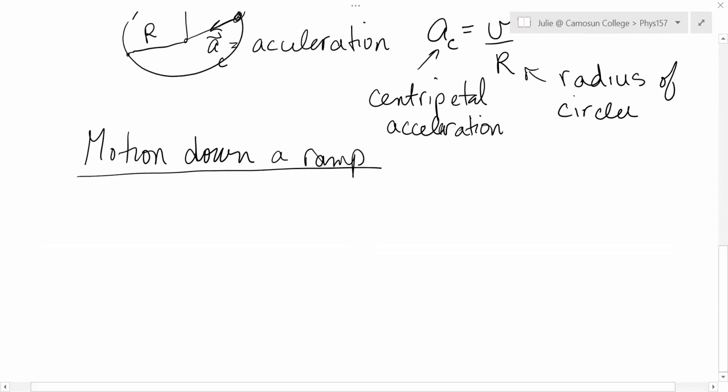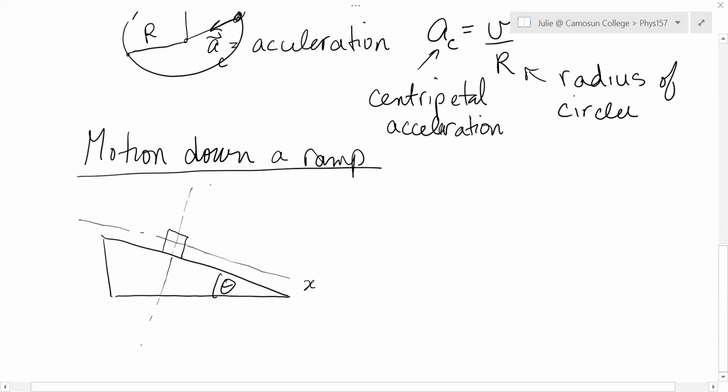And the thing you have to know about motion down a ramp is, in the absence of friction, it is gravity pulling the object down the ramp. But it is not just negative 9.8, the acceleration. Because what we do here on a ramp is we make the x and y axes tilted so that the object is actually moving in the x direction, and it will accelerate down this ramp, not at negative 9.8, but it will accelerate down the ramp. Now, the way we've done it with x to the right, this is going to give us a positive x direction acceleration. And the way that you figure it out is you take the